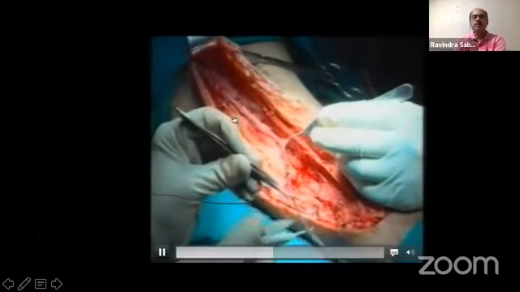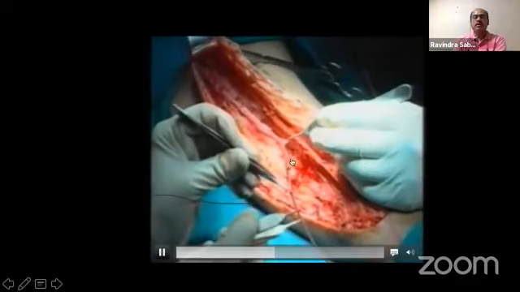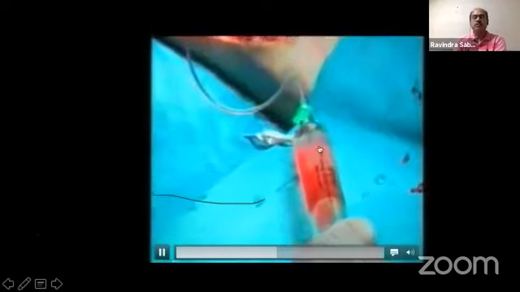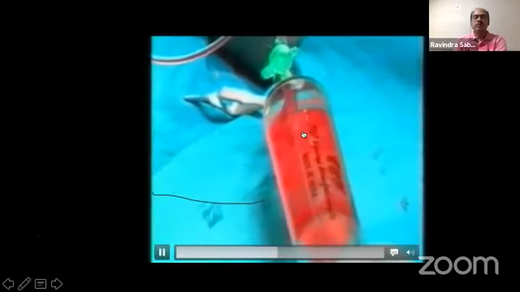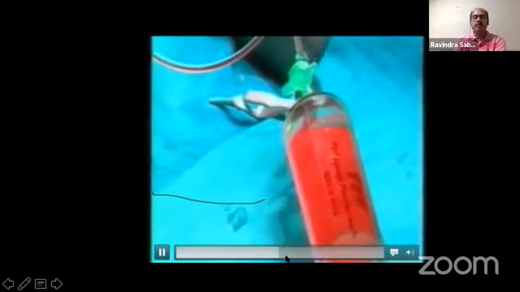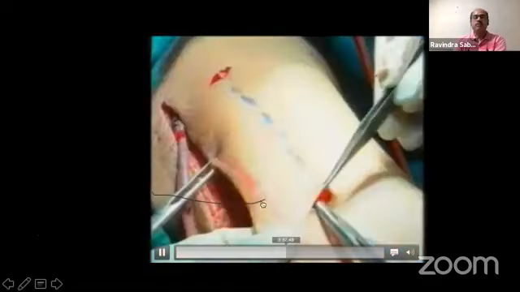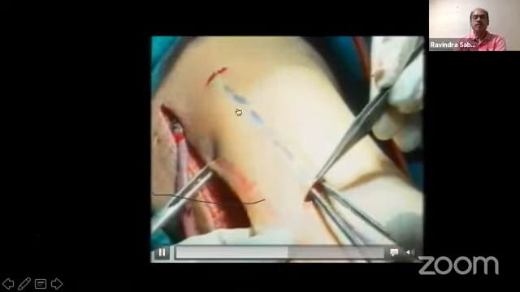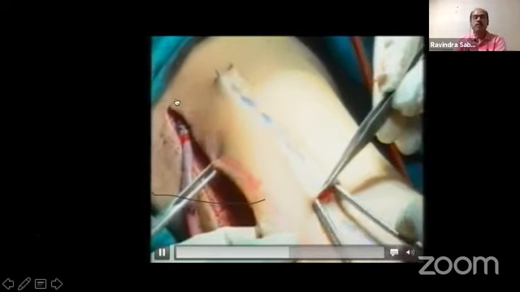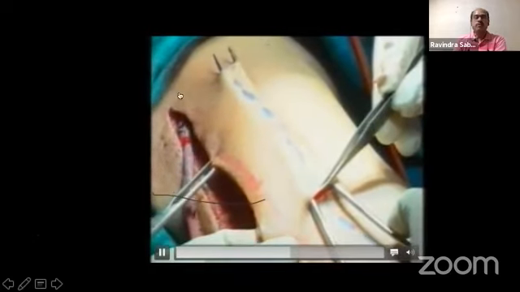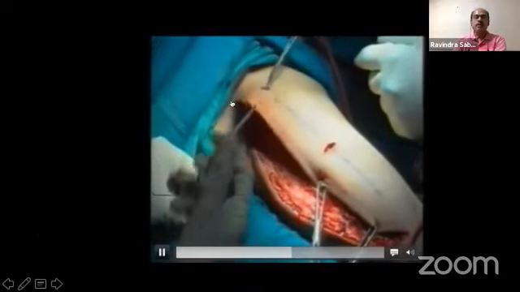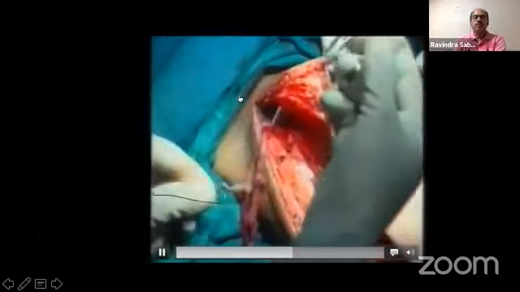You can see here that the whole vein is dissected, patency is being checked, and any tributaries and leakage points are checked. You see that there is a nice good flow, which means that everything is patent. Once that is done, you create a subcutaneous tunnel. Now this whole basilic vein can be brought into the subcutaneous tunnel. Make sure that there is no kinking. Sometimes when you make this tunnel, there can be acute kinking here. So that should be avoided.